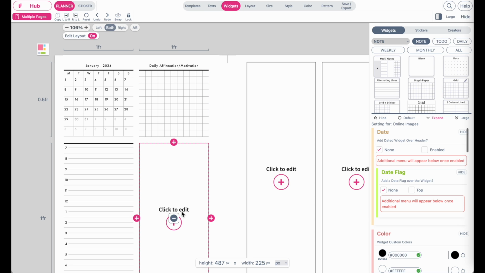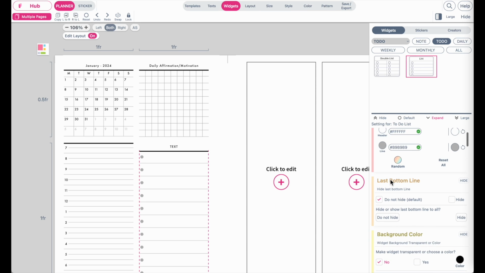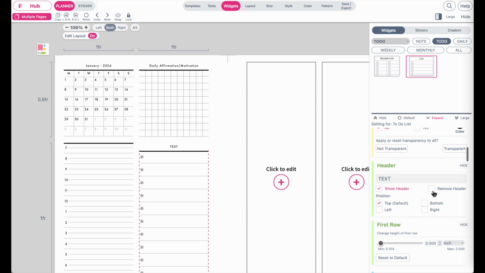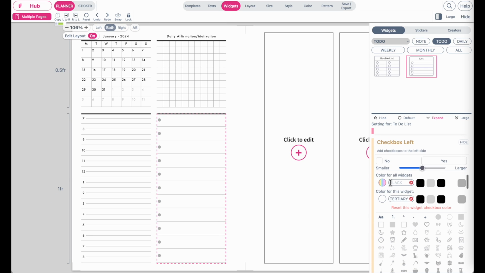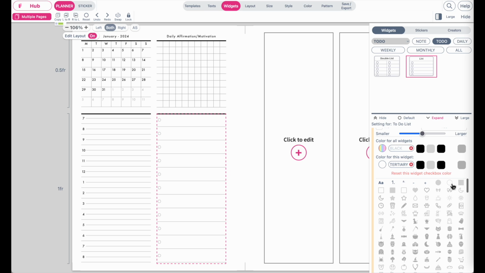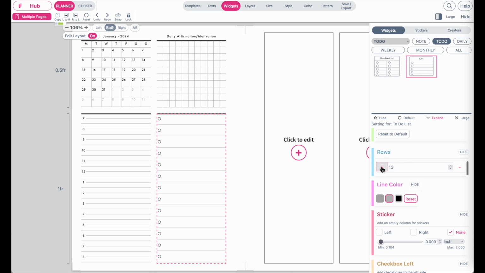And then down here, let's add a to-do list. Under to-do, we can add a to-do list like this. I will remove the header, and then I will select a new icon, which is a rounded one, have it set to black. Then we can increase the amount of rows